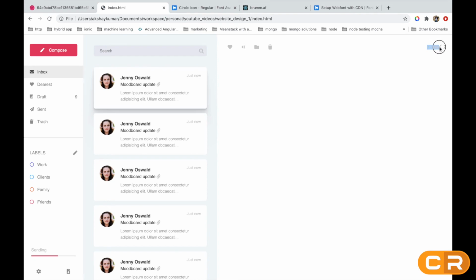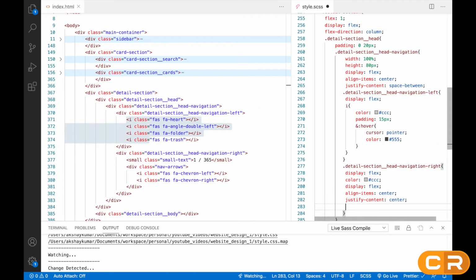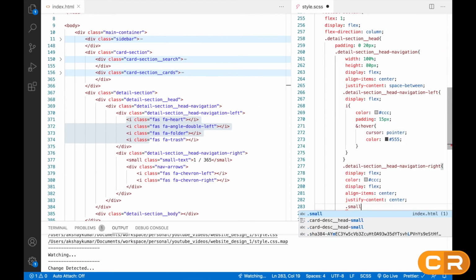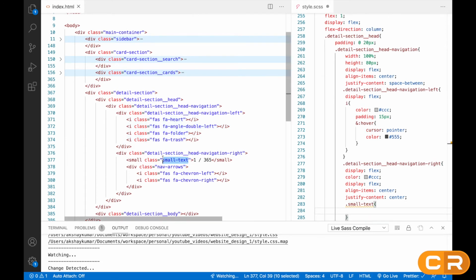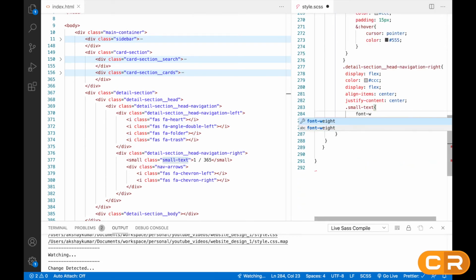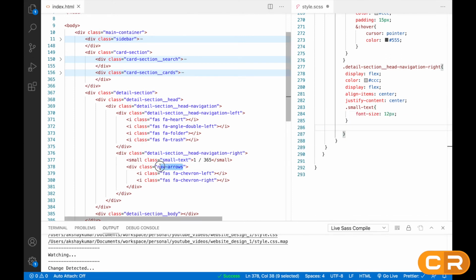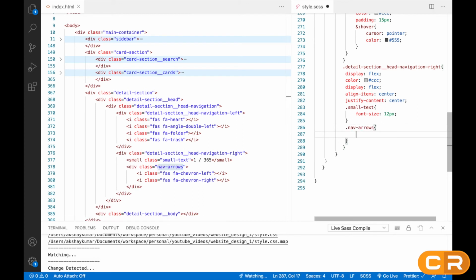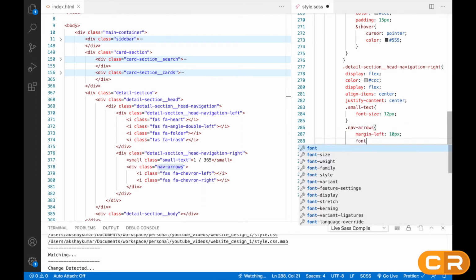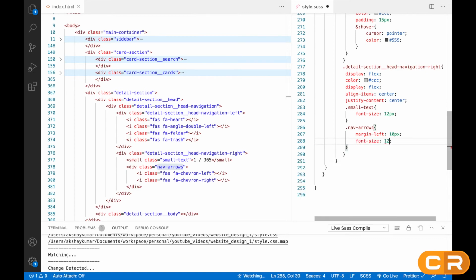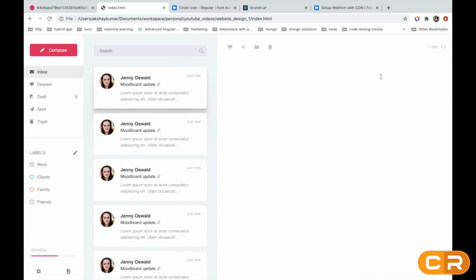So we have to decrease the font size here. So we'll write small text, this class, right? This one. So here we'll write font size that will be 12 px, and for this nav arrow we can write margin left 10 px and font size will be 12 px. So it will look like this.